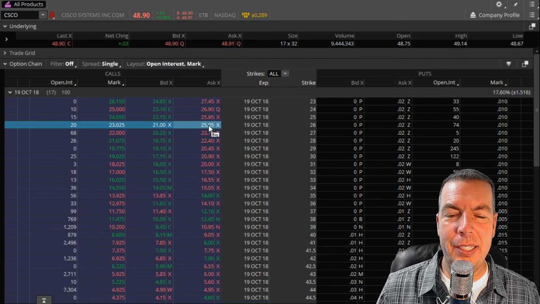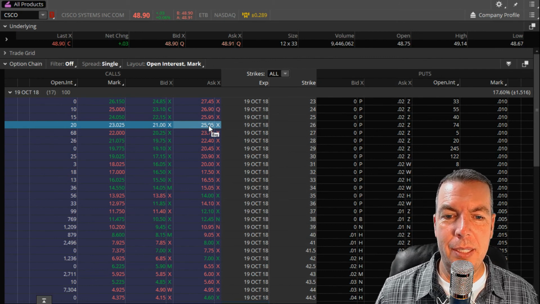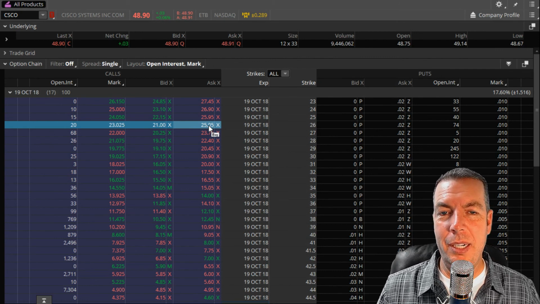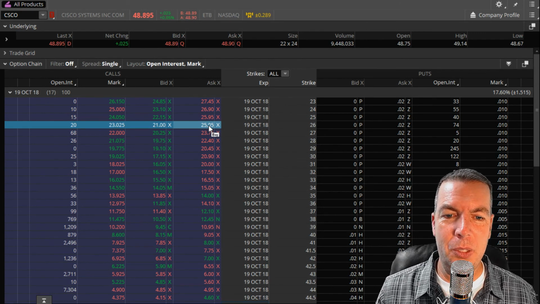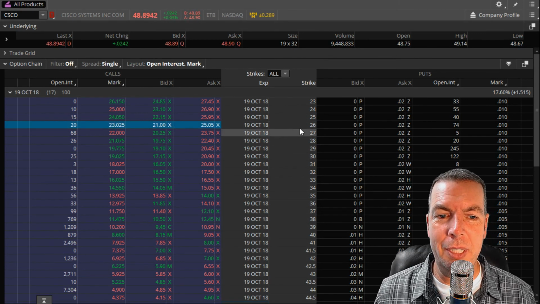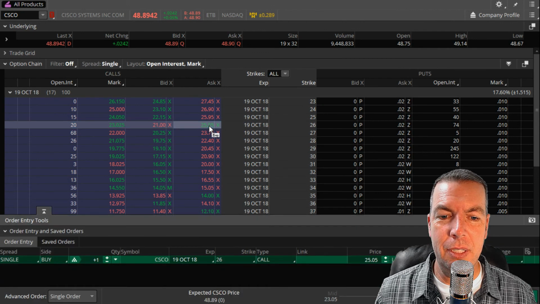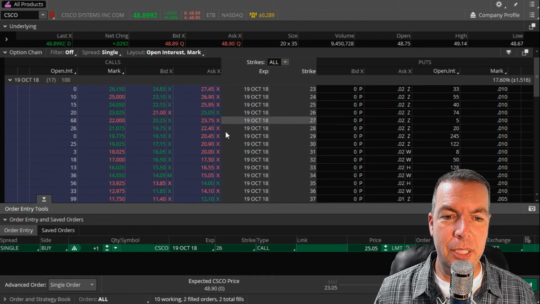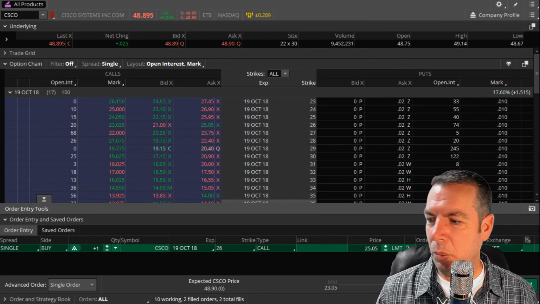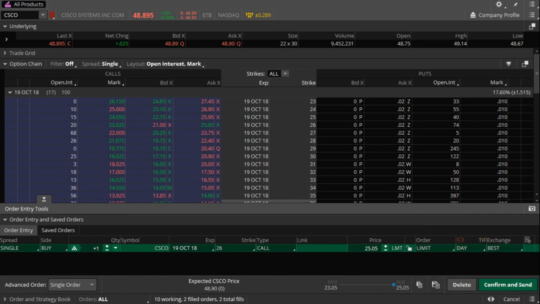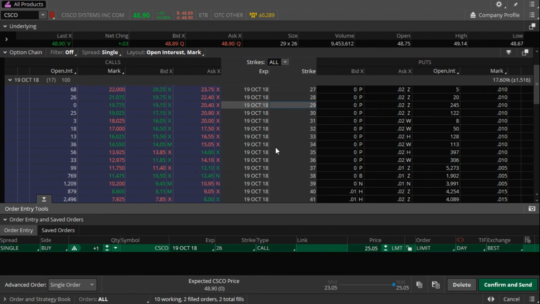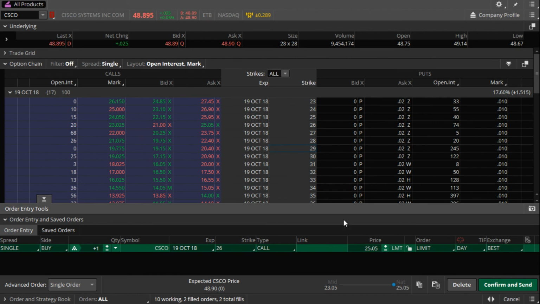Now again, let's say, for example, we bought this option. Not that I would, and I'm not recommending that, but if we bought this $26 strike for $25, when I click that, it opens it up down here in this window, and you can see that we can negotiate that just a little bit. So where do these numbers come from? What I want to show you guys here is where do these numbers right here come from?